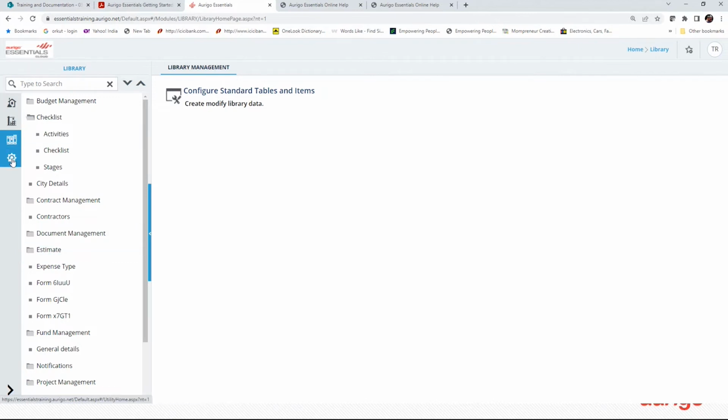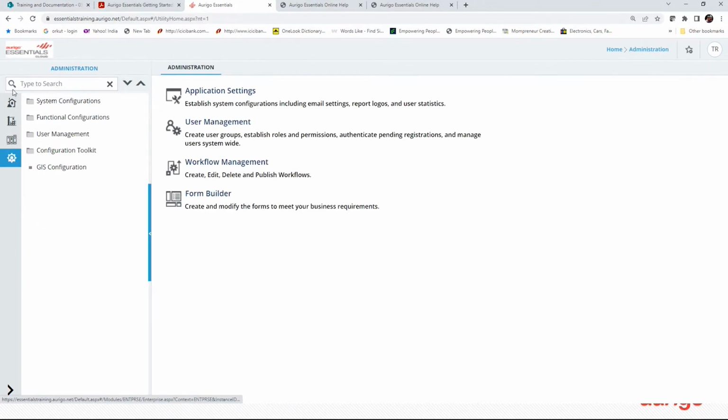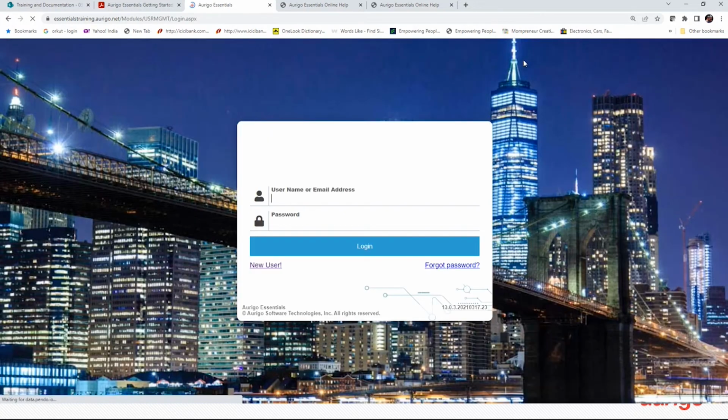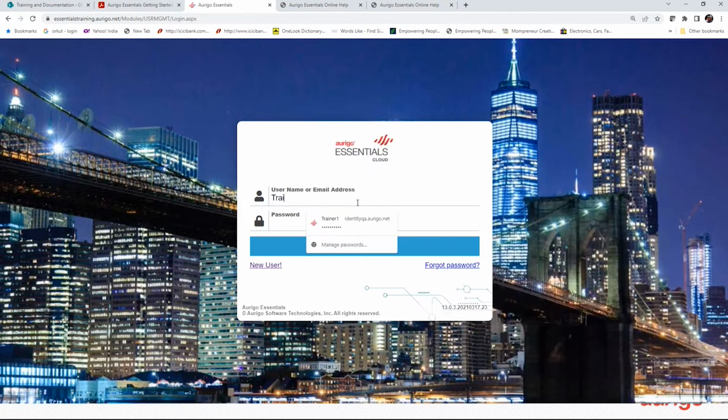So if you are a project manager in Essentials, you will see all four modules. However, as a project manager, when you log in, you will not see the system configuration or functional configuration. You will only see user management. I'll tell you how that works. Now I have all the access. If I log in as trainer 3 or my own account,